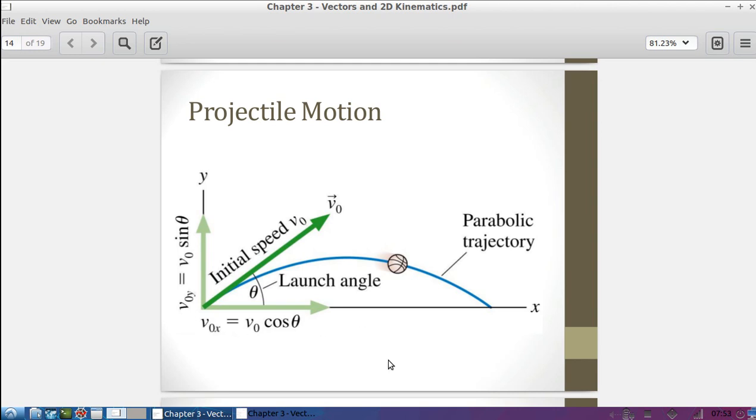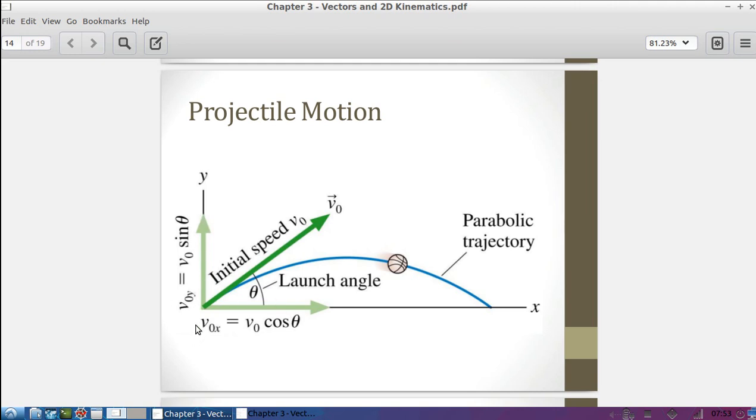Since we're ignoring air resistance or drag in this course, a projectile launched in both the X and the Y direction is going to exhibit constant velocity in the X direction. So its velocity is not going to change in the X direction, and the object's going to be in free fall